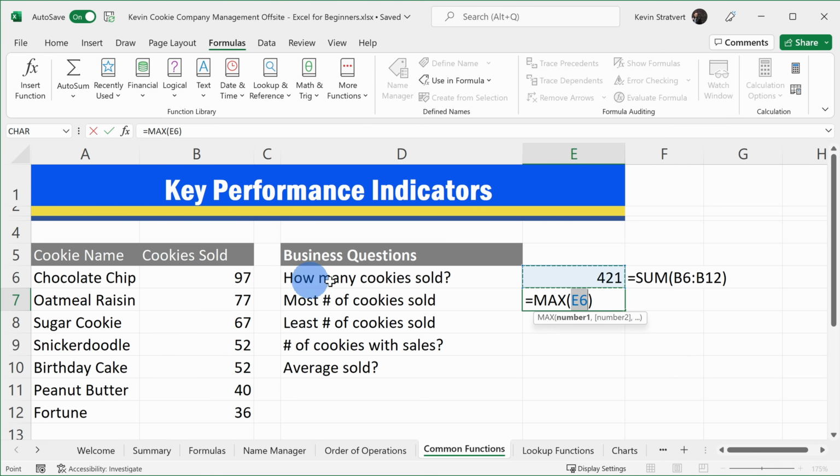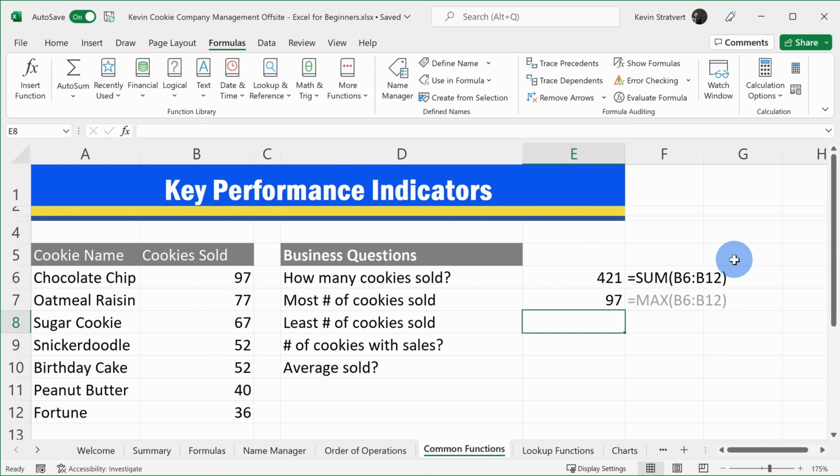I can use this function. I'll click on max. And here it assumes it's the numbers above, but I actually want this selection. So here I'll simply click here and I'll feed in all of these values into this function. So here, once again, you see the range of cells B6 through B12. Then I'll hit enter. And here we see that the max number of cookies sold was 97 for the chocolate